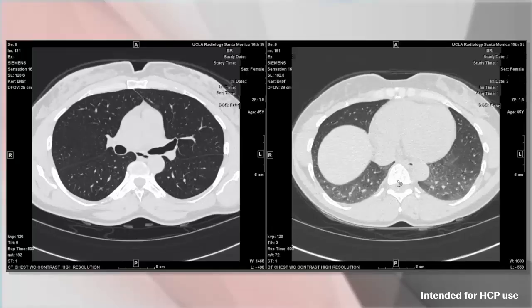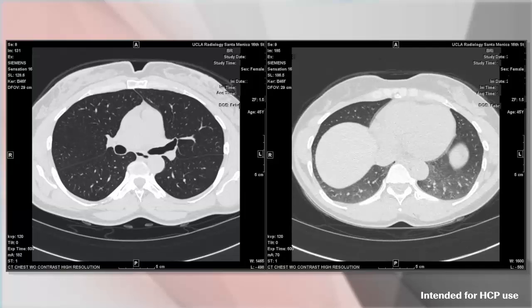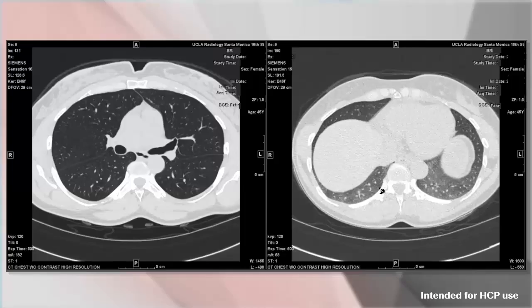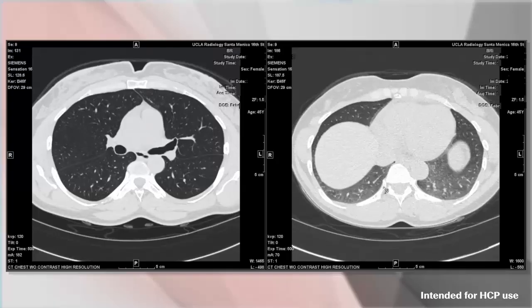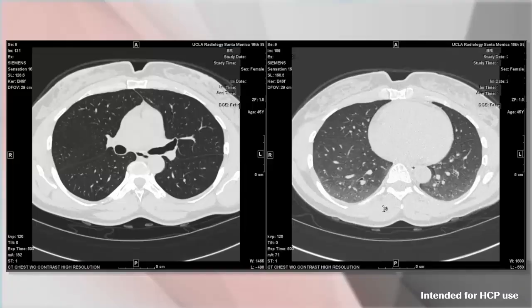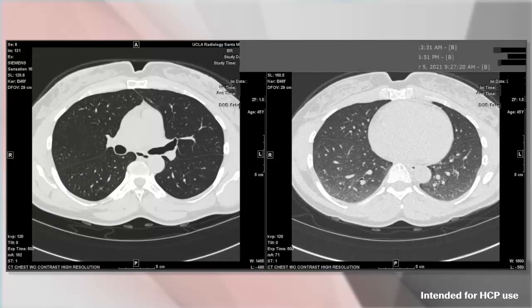And again, you can see that here and here, or I should say these areas don't nearly appear as gray as the adjacent lung. And these are small areas of air trapping. And we can all have areas of air trapping that are physiologic, but again, it's fairly small areas such as this. But overall, when we scroll through the expiratory sequence, we see that it's mostly homogeneous and gray with a gravitational dependence.